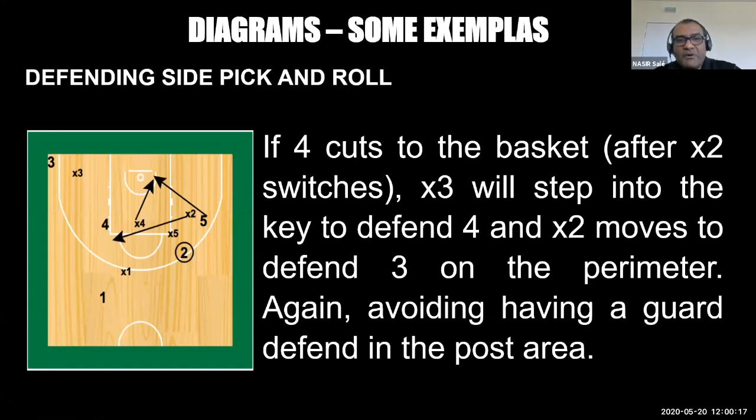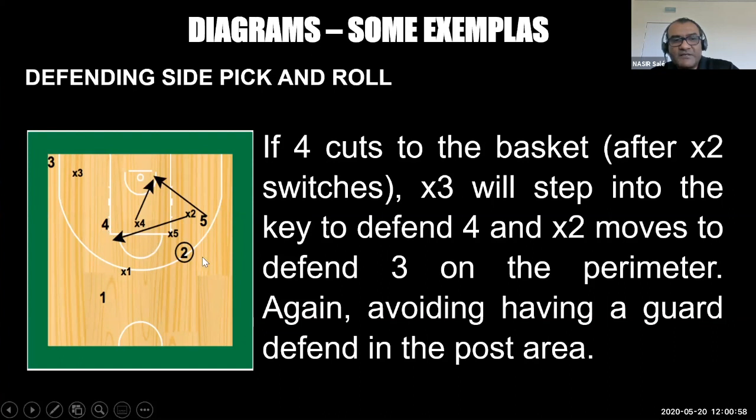We continue now with the side pick and roll, but now the ball is with the 2 again, and we must close it, as we talked about in the last slide. This is the same situation: X4 goes to the 5, and X2 comes to the 2. If the 3 wheel splits, we have to stay for the key in defense for the 4. If the 4 is cutting for the zone, we have the 3 close it on the 4. And if the cut is for the point zone,